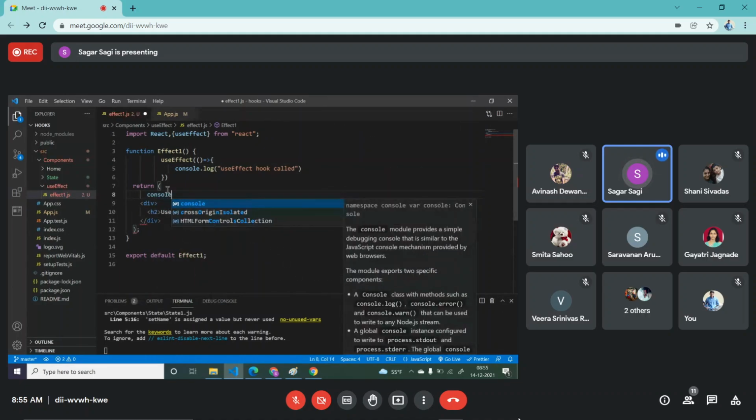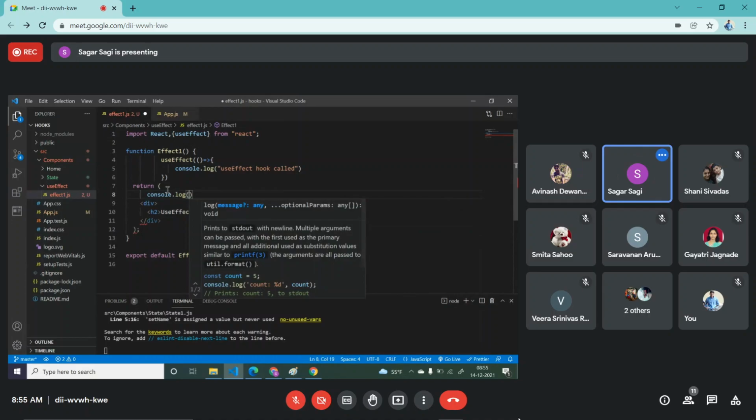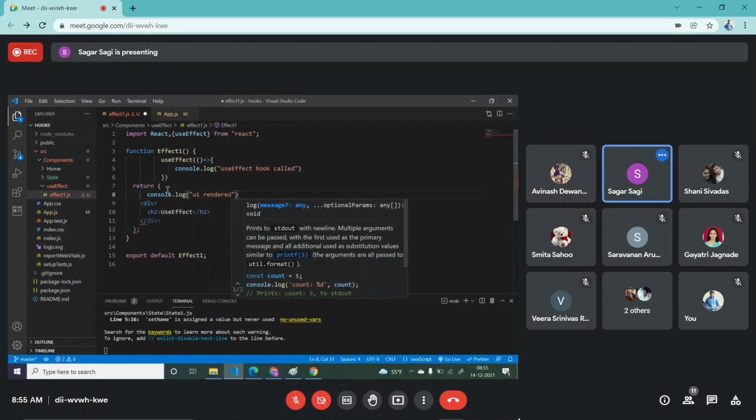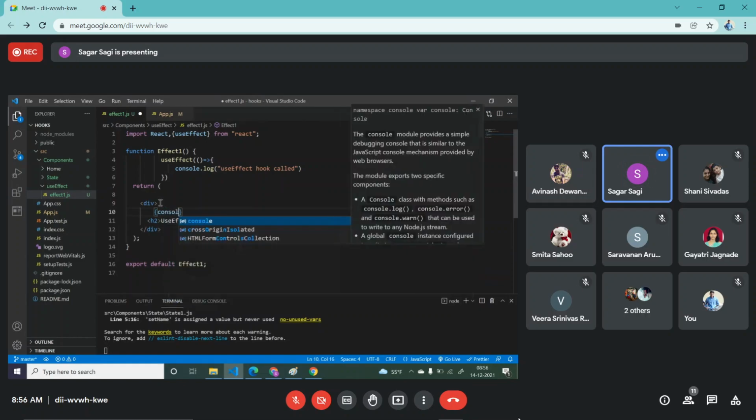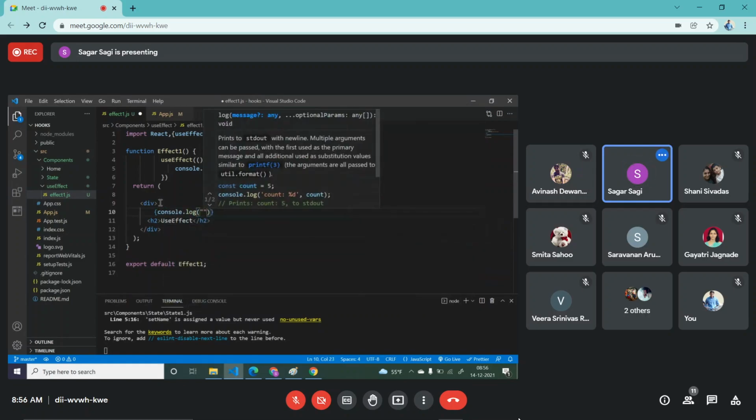Here I'll write console.log, and here I will write something like UI rendered.